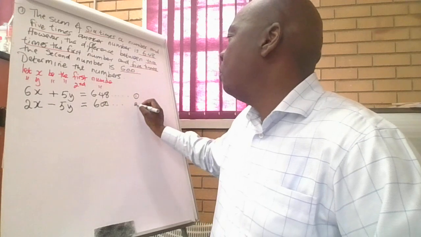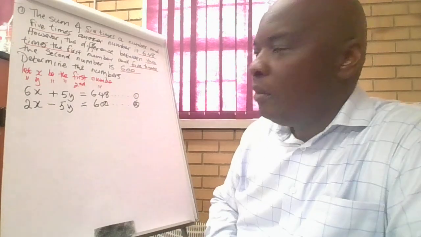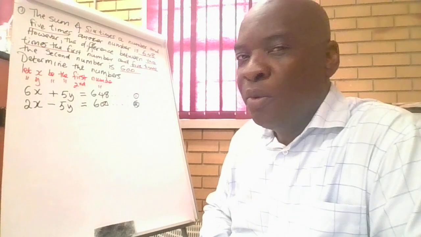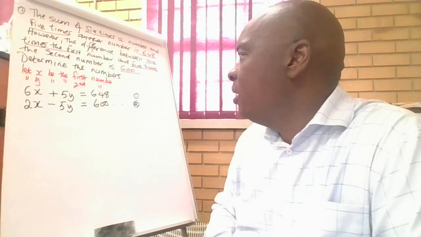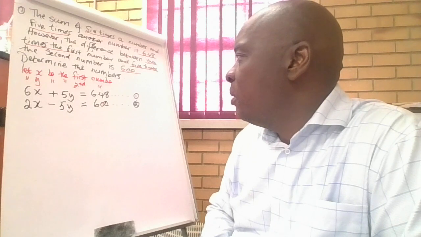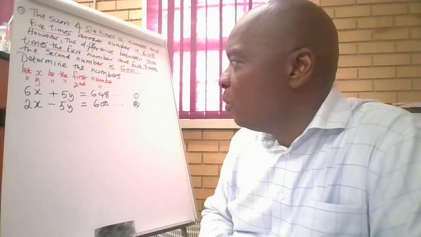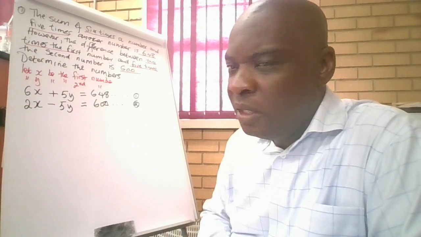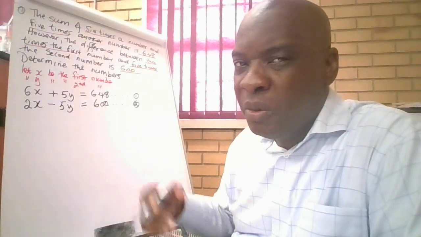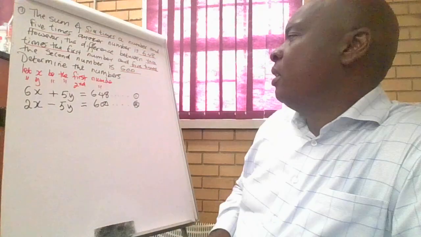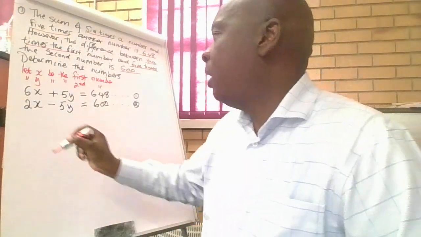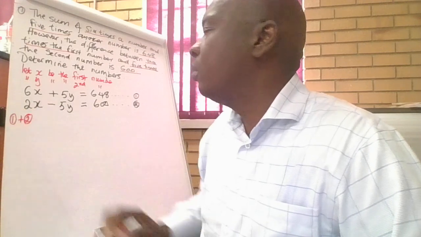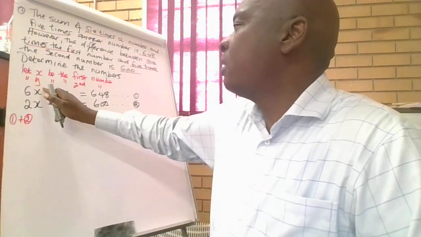So I have two simultaneous equations there, which I can solve, and these equations are quite easy for us to solve. The easiest method that we can use to solve these equations would be elimination. However, there are several other methods that you can use, which could be substitution, which could be Cramer's rule. So if I add equation 1 plus equation 2,